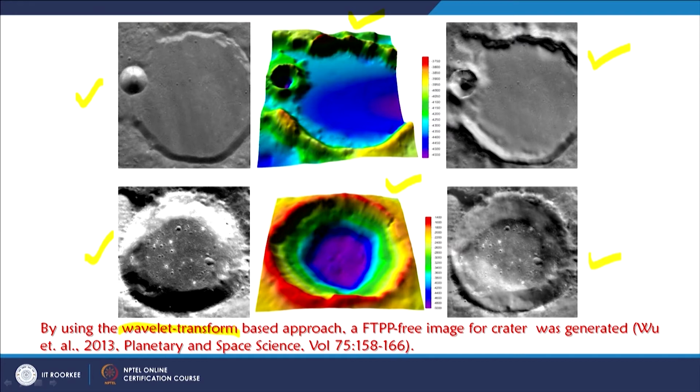FTPP phenomena which we have discussed, the causes of FTPP, what are the reasons which are causing the FTPP, and where these are occurring in a hilly terrain, rugged terrain, and not only on the surface of the earth, but also on the moon, and also FTPP is observed on the surface of the Mars, and you can check also on the Google Mars. So, when you install Google Earth, at the same time Google Moon and Google Mars are